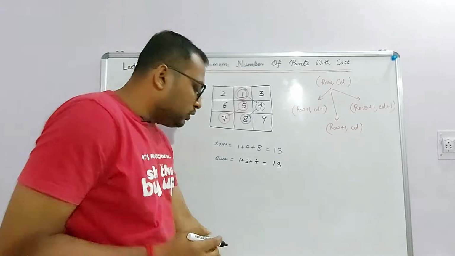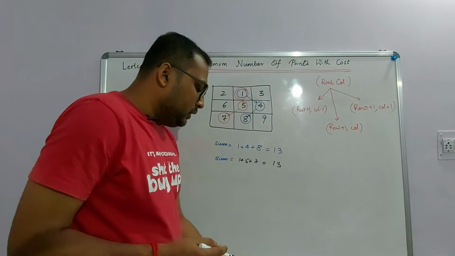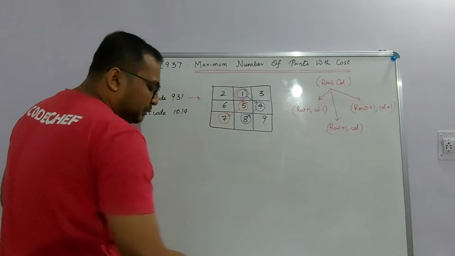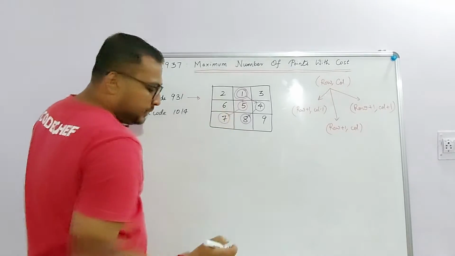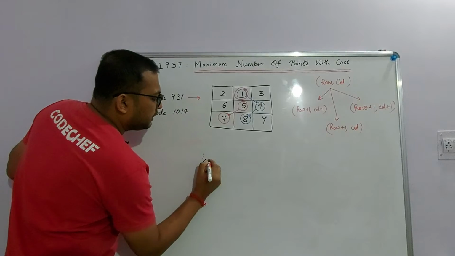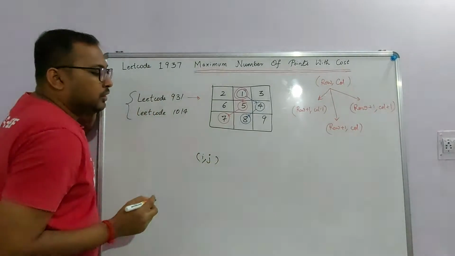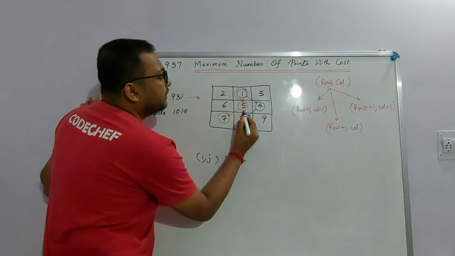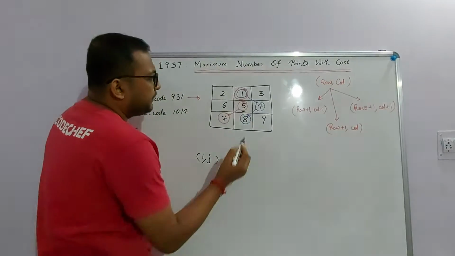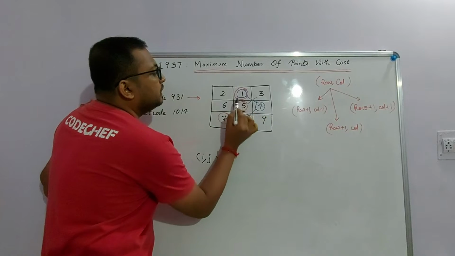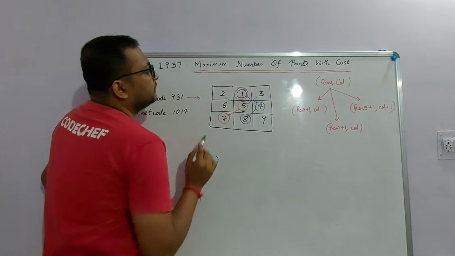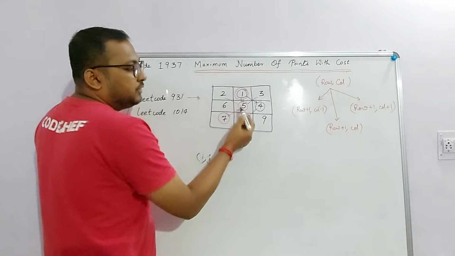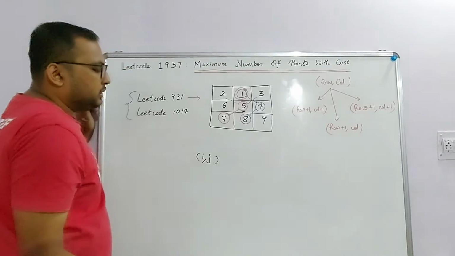So you should know how to solve this particular problem. It's a very generic problem, so I will quickly write the dynamic programming solution for this. You know that if I want to reach a particular index i, j, what all cells can actually contribute to this? So this 5 can be reached from what all states? It can be reached from this 3, this 1 or this 2. This 2 can fall to this 5, this 1 can fall to this 5 and this 3 can fall to this 5. These are the only 3 possibilities.